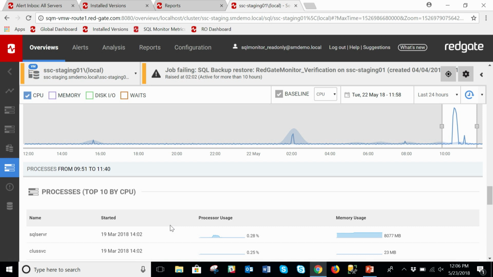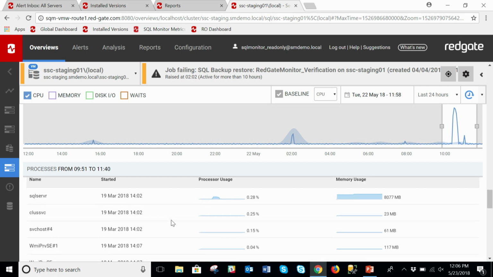Is there maybe some spyware? Who knows? Maybe somebody got on that box and started surfing the web from there. I've actually heard of a case where somebody used it to download movies. Not necessarily a SQL Server, but a production server. I've heard that happening. So you can come in here on these processes, top 10 by CPU, and take a look at any time slice at which